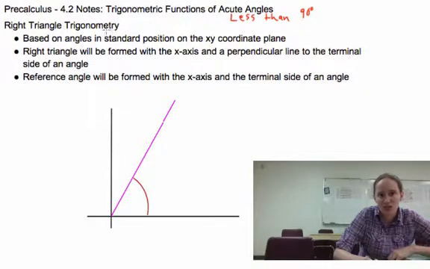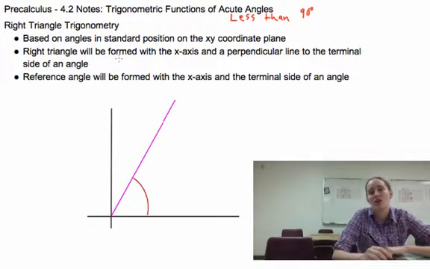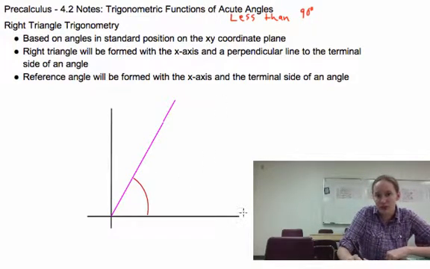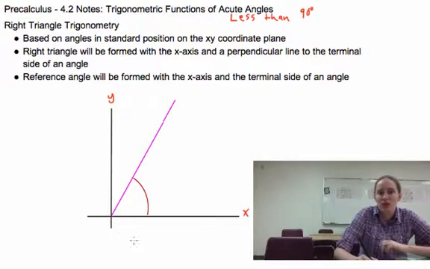And this is called right triangle trigonometry, and this should be at least a little bit familiar to you from geometry, at least some of it. It's based on angles in standard position on the xy coordinate plane. So an xy coordinate plane is where we have an x and y axis, right? The right triangle we look at will be formed with the x-axis and a perpendicular line to the terminal side